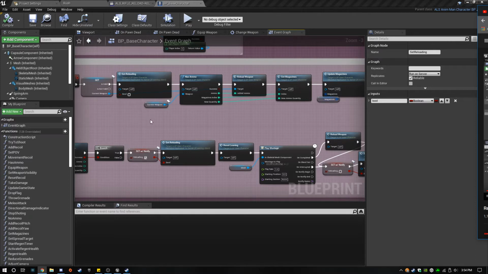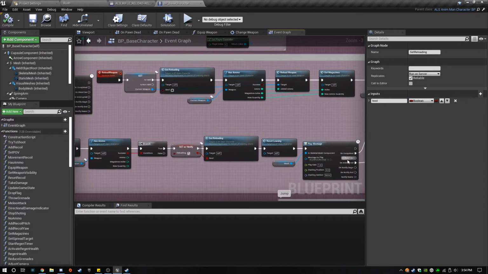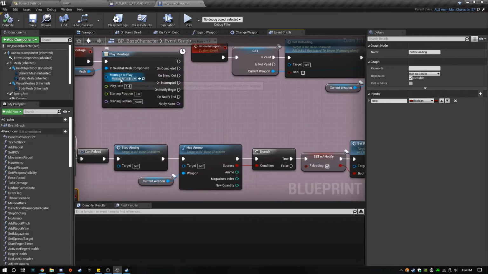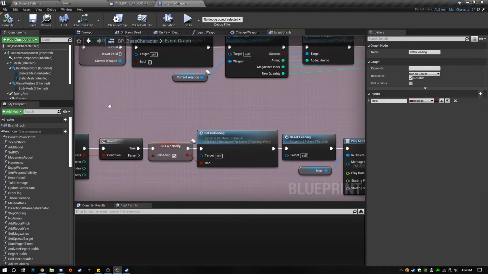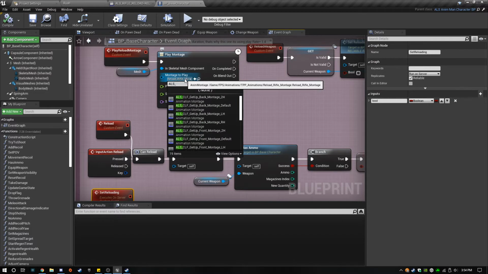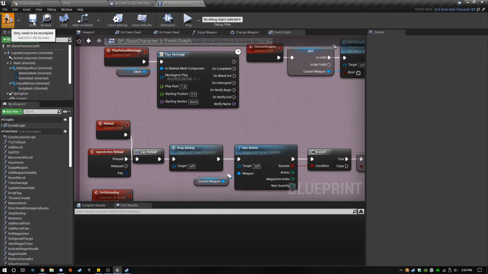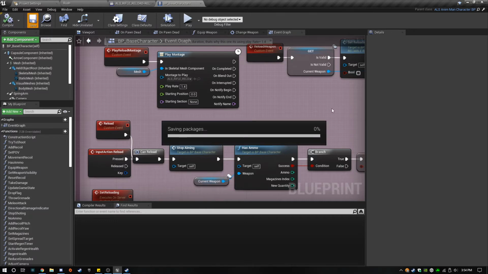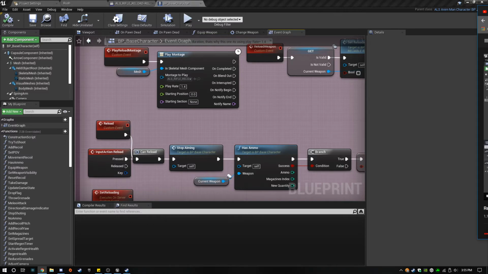I'll probably understand this a little bit more. What do I call it? Rifle reload. Okay, so that should fix that warning that we have, but we still have the original issue.